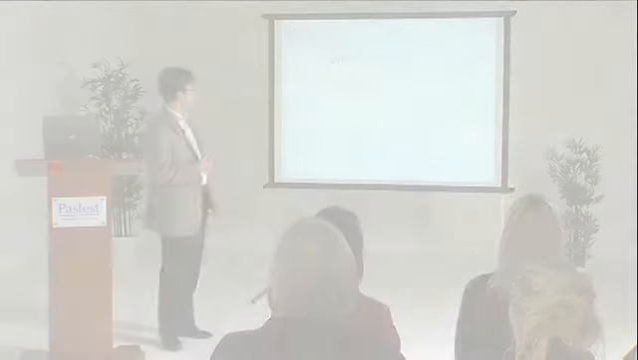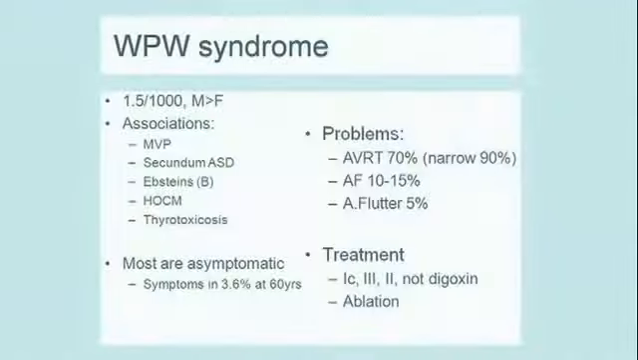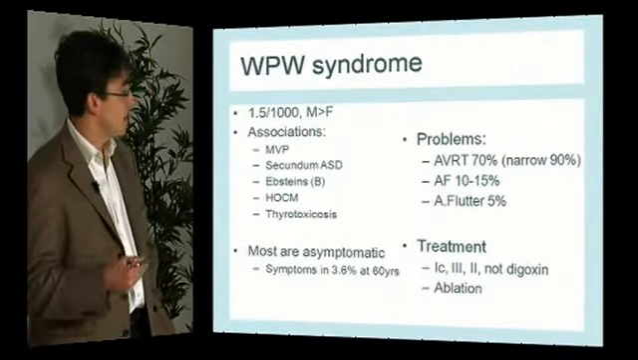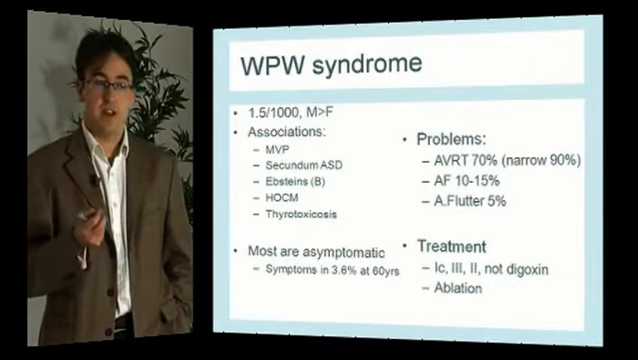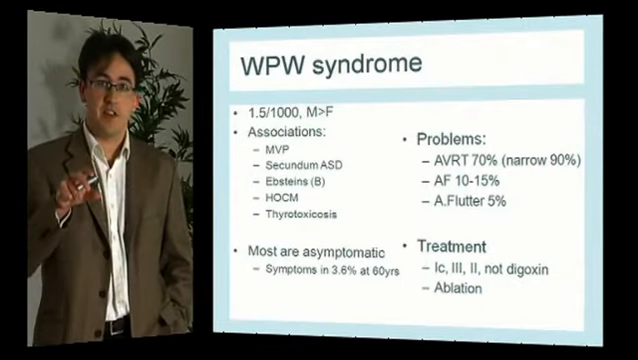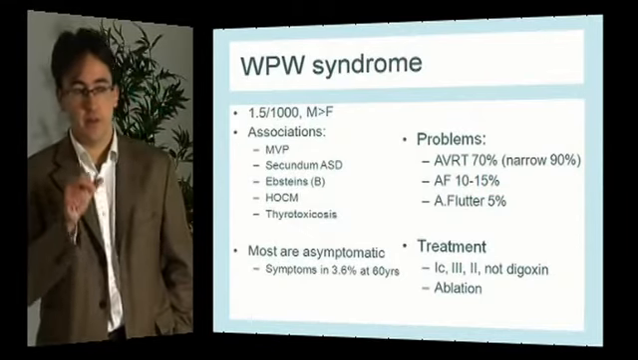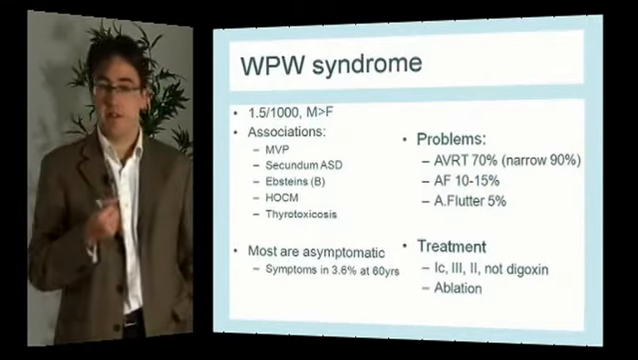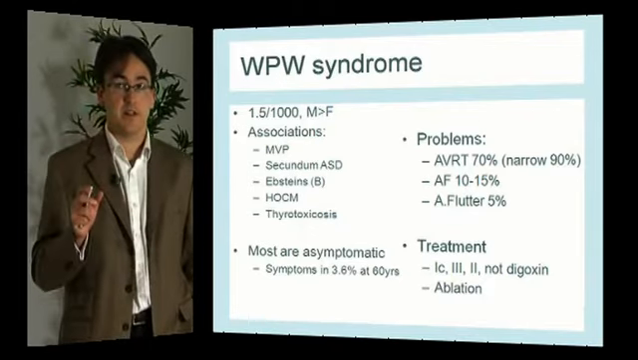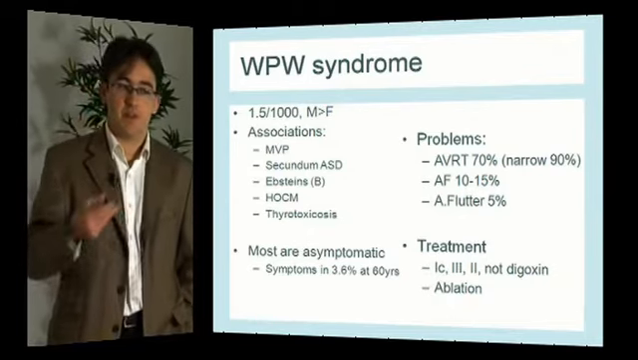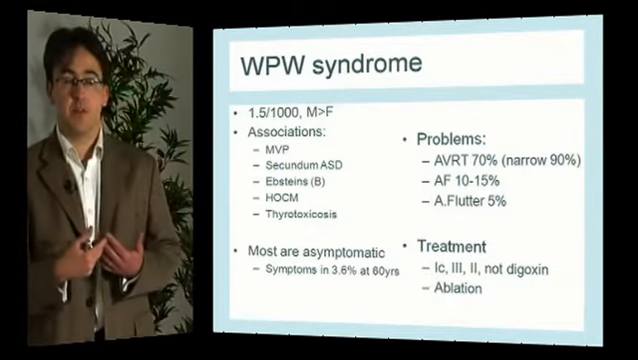So Wolff-Parkinson-White is reasonably common, 1.5 to 2 per thousand, slightly more common in men than women. Interestingly, most patients have that abnormal ECG, so they've got the underlying triad of features: the short PR interval, the delta wave, and the broad QRS complex. But very few are symptomatic, only 3 to 4% by the age of 60. Right. Probably not a problem, but it's something which often presents a management problem if